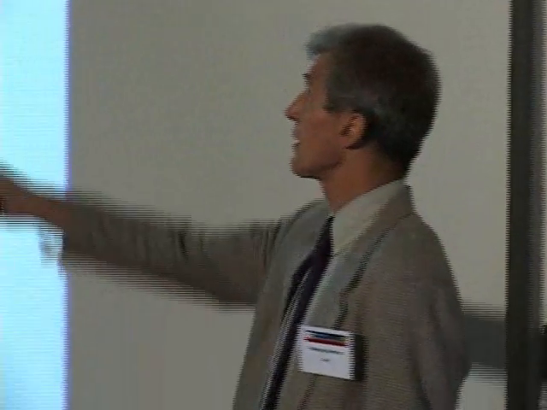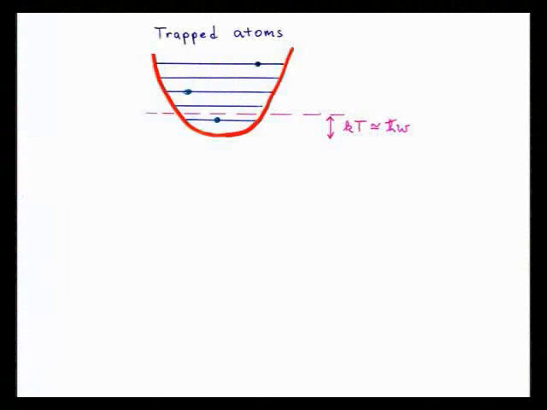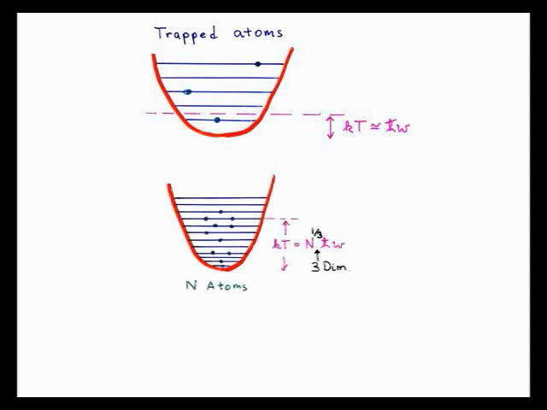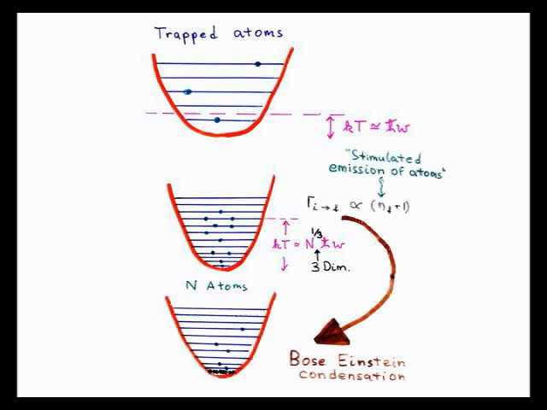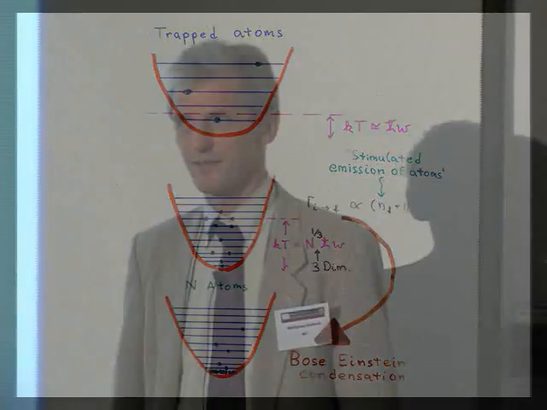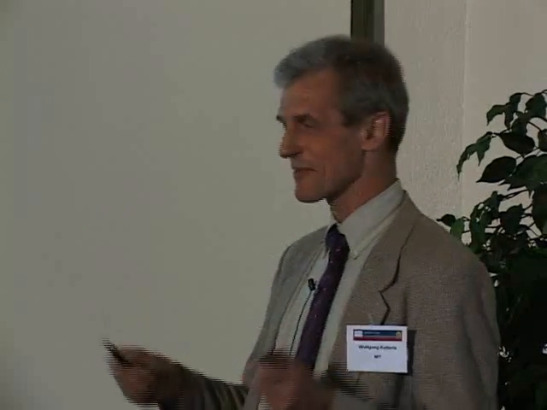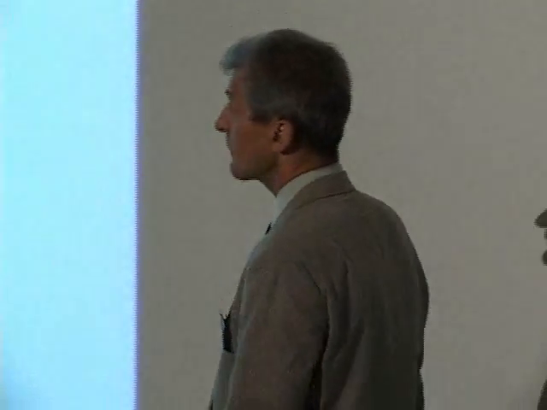And naively, you would think if you want to get all the atoms into the lowest state, you have to cool down very, very much. But what happens is, if you have n atoms, because of bosonic stimulation, the requirement on temperature is reduced. If you have 1 particle per quantum state, due to bosonic stimulation, they all go into the Bose-Einstein condensate. It was actually fun for the preparation of the talk to dig out some slides, which I drew up 10 or 15 years ago, and sort of just go back to these older times.